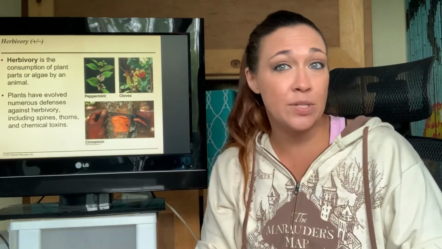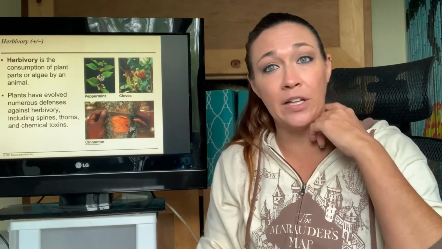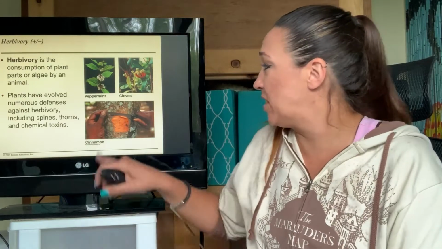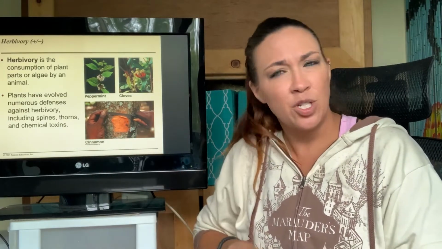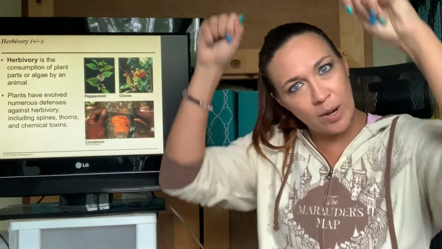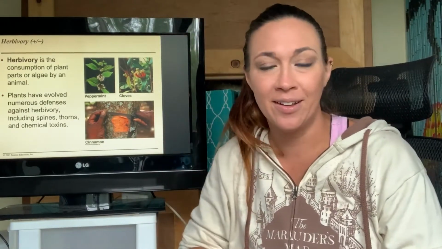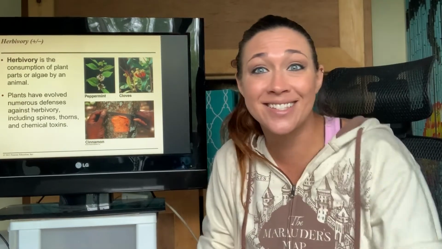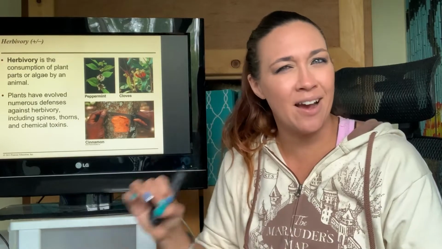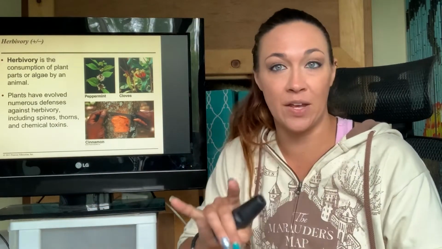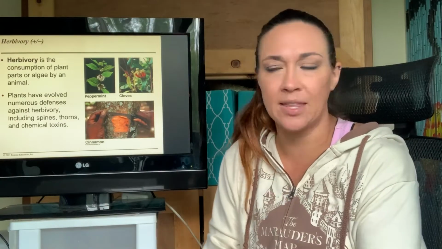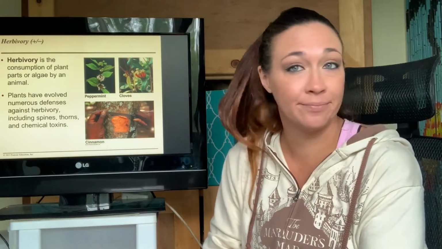You can eat part of the roots, like ginger. You can eat part of the modified leaves, like spinach and stuff like that. You get cinnamon. Cinnamon is just bark. Did you ever wonder why cinnamon comes rolled up? Because it's shredding bark. So essentially you're just scraping off layer after layer of bark. Yeah, but cinnamon is delicious. So we eat lots of different types of the plants. Usually we don't ever eat the entire plant. Usually we're only eating part of it, either the fruit of the plant, the roots of the plant, the leaves of the plant, something like that. But yeah, herbivores.